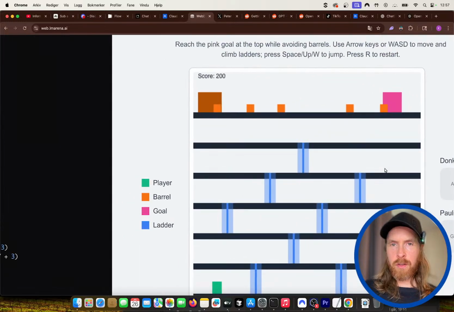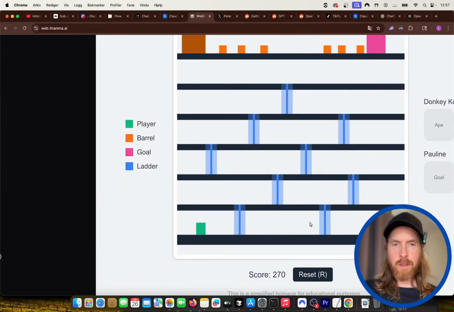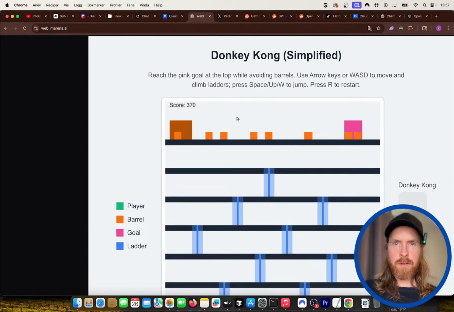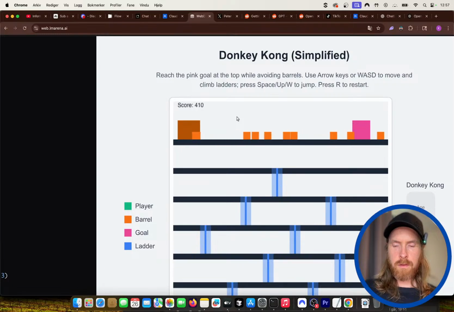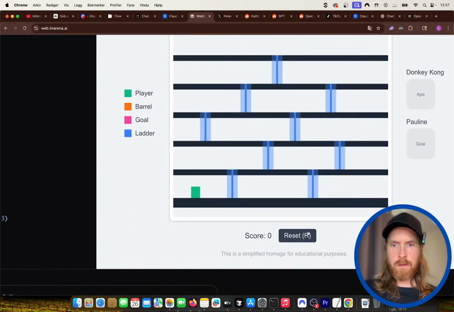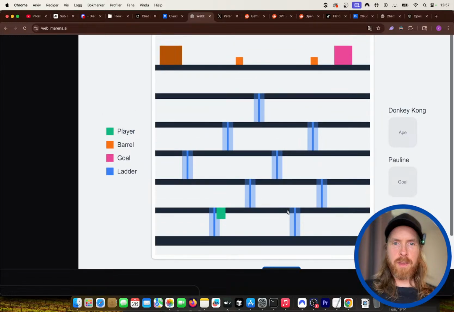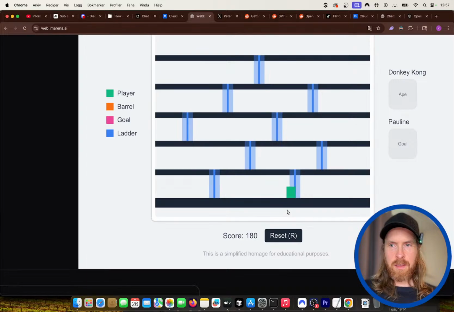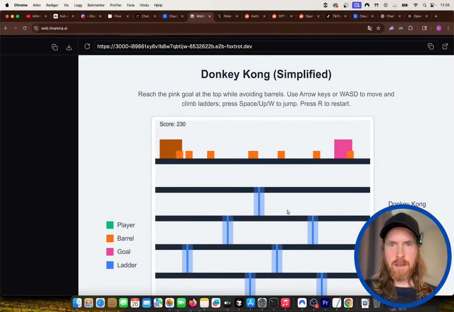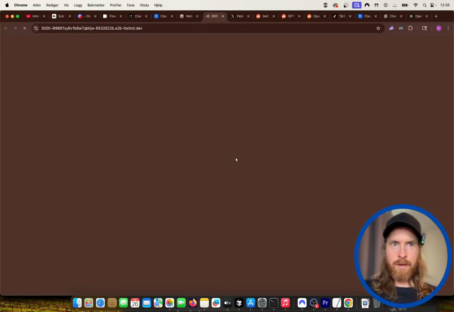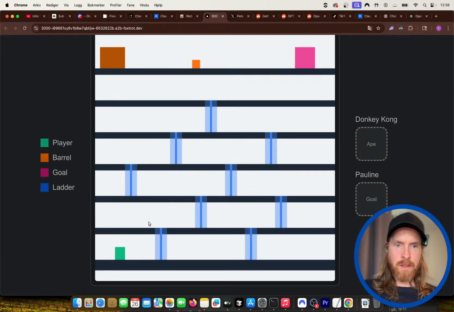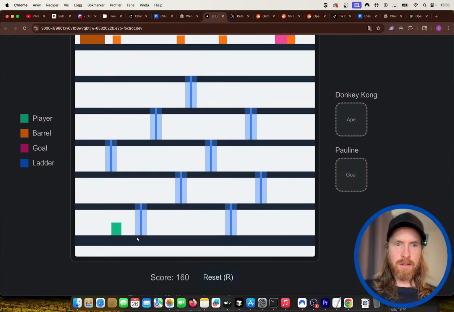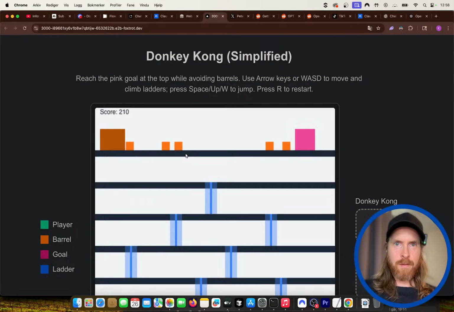Okay, so we have the first Donkey Kong game. How does this work? Okay, so I can climb. Yeah, it works. But I can't. Okay, so I guess I'm moving the. How do you do this? Yeah, I'm moving the. There's some bugs here. It looks fine.